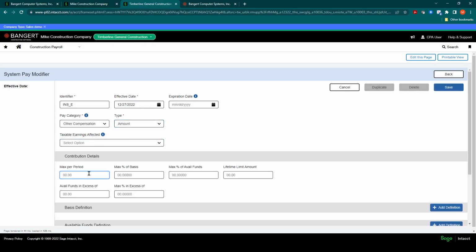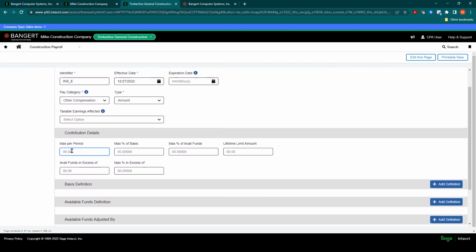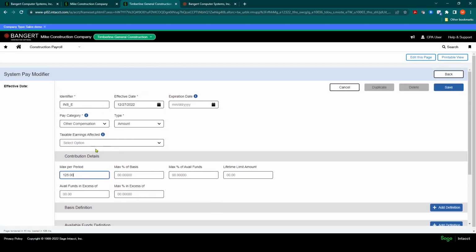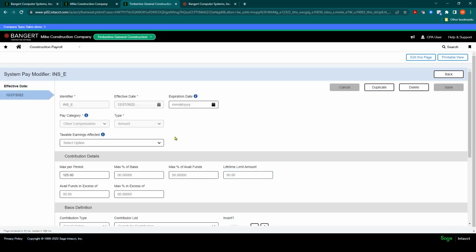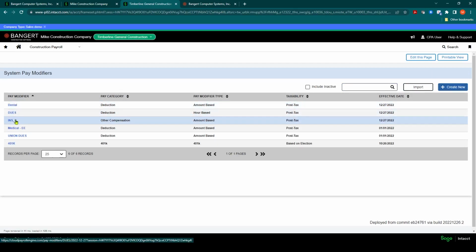And the amount we pay per period, again, may vary by the individual, so we could leave it blank here as well. But basically, let's say the employer is going to pay health insurance and it's going to be $125 per pay period. We can now fringe that over to the construction, to the project, and we can also send it over to the general ledger as a liability. So in that scenario, we'll click a flat amount, and we'll say save. And now we have both an amount-based deduction setup and an amount-based employer fringe. Thank you.